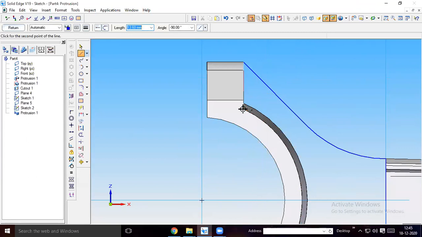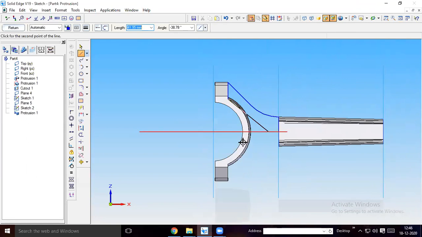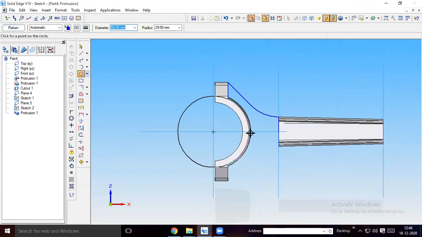So then creating same profile, draw a circle up to this. Okay, not last one. Up to this you have to draw. So that is 18 plus 5. It will be 23. 18 plus 5. Yes. So up to this one you have to draw.